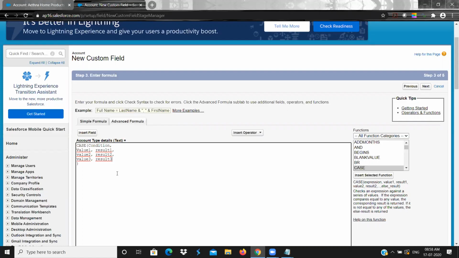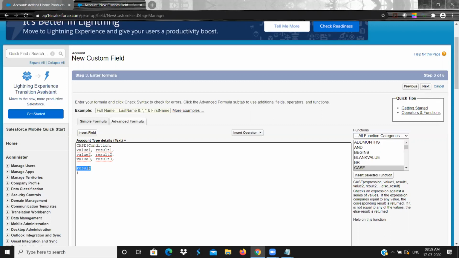Okay, and then finally the else part is the result. So this makes it very convenient, right? So condition and value result, value result, value result, and finally if none of the values match, then it wants one final else result at least.